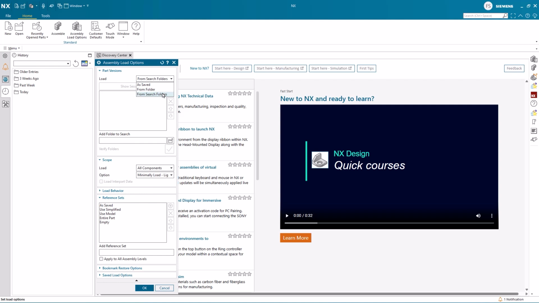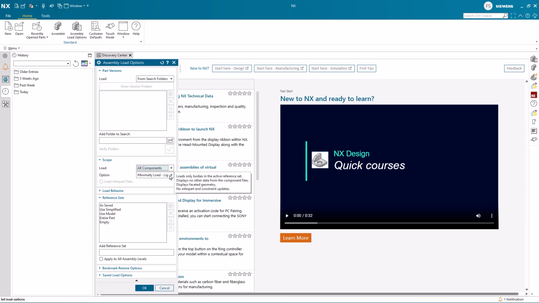We also want to pay attention to the scope that is important for the purpose of you loading the assembly, where I want to highlight All Components, Structure Only, and As Saved. All Components loads all components in the assembly. Structure Only loads the selected assembly only and leaves the components unloaded, but of course showing the empty structure beneath it. As Saved will load the state of the assembly as it was last saved. As the electric gear motor we have here is not a very large assembly, we choose to load all components.